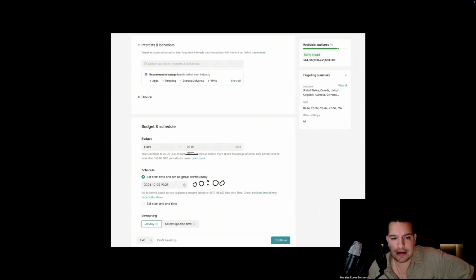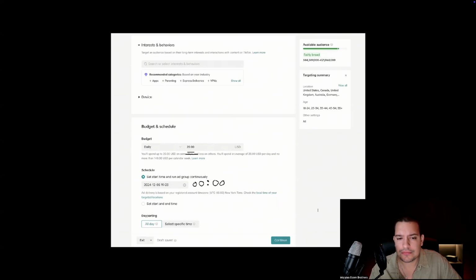Now, when it comes down to the budget, you're going to run it at $20 per day. So the budget is going to be $20 per day, but there's a thing. You need to understand that when it comes down to TikTok, most of the products that you're going to sell are going to be below $40, $50, $30. And the profit margin of you, it's going to be what? $25 profit margin, $30 profit margin. If let's say you have a profit margin of $20 to $30 on each one of your products,